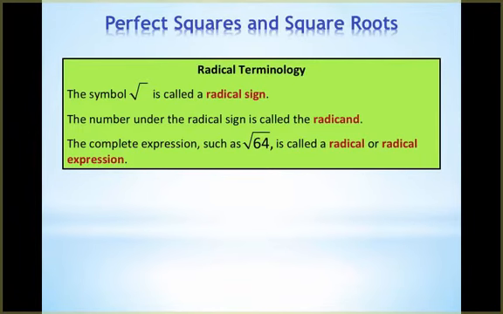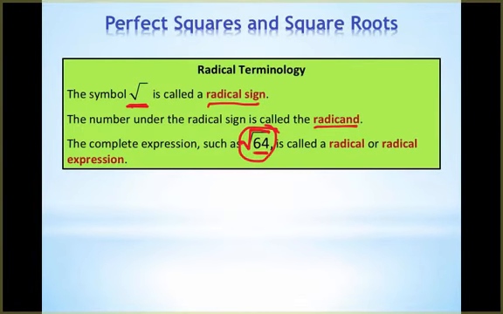We need to understand that when we see the symbol, that is called a radical sign. The number that we put under the radical sign is called the radicand. So if we have an expression like the square root of 64, the 64 is the radicand. Then we have this is our square root or our radical sign, and the entire thing is called a radical